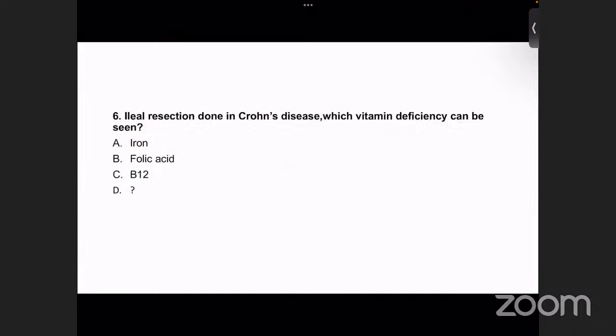Okay. So now coming to a benign disorder like Crohn's disease, where ileal resection was done. Which vitamin deficiency can be seen? The options are iron, folic acid, B12. So this basically tests your knowledge about whether this